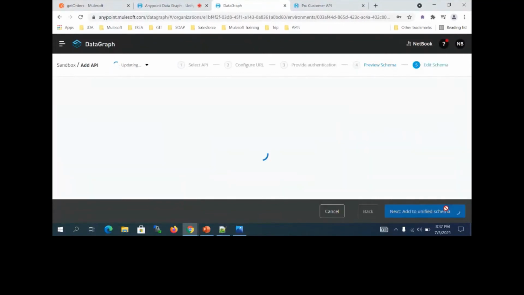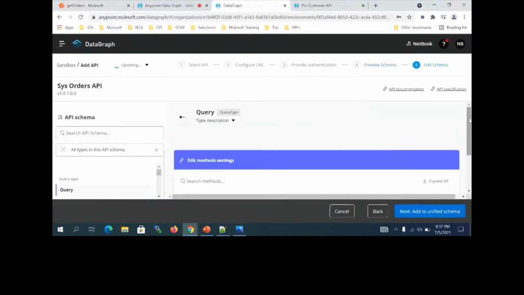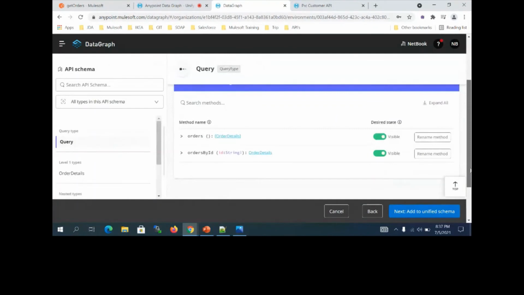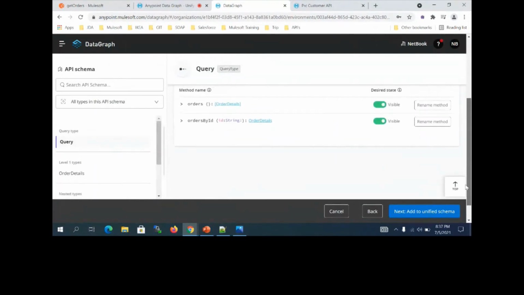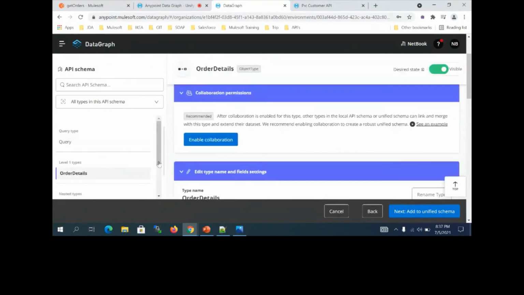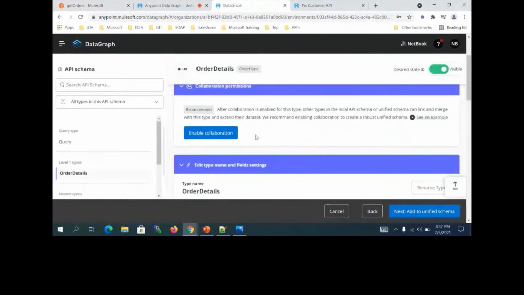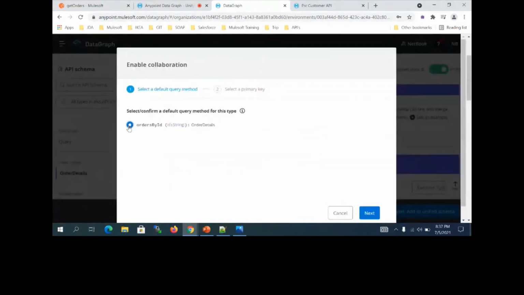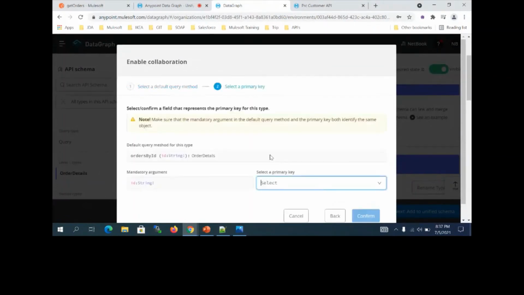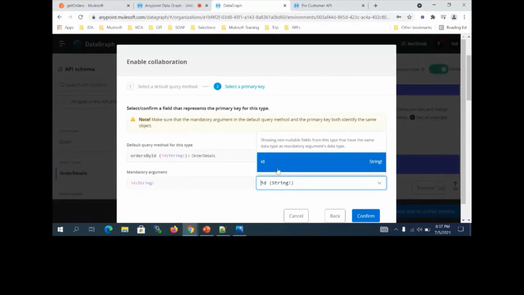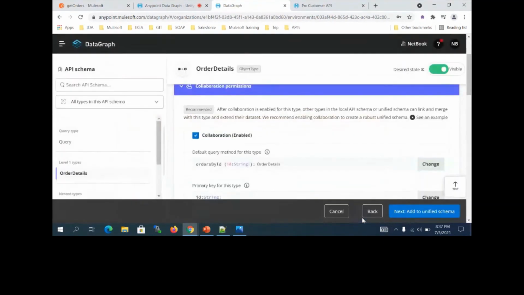Okay, edit schema. Now over here, in order details, you can enable the collaboration with the order by ID. Okay, so over here I can select the primary key, whatever string type I defined over here, and click on confirm.